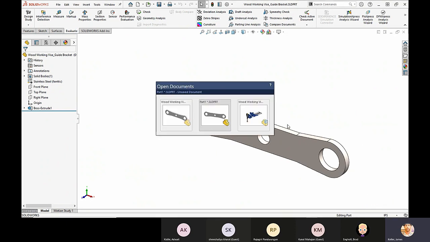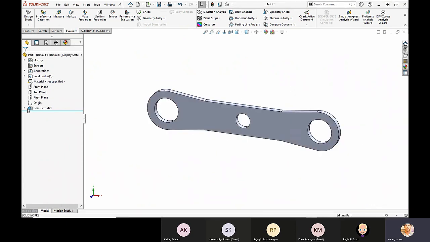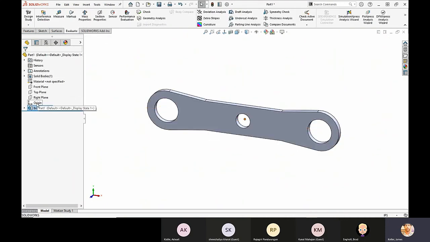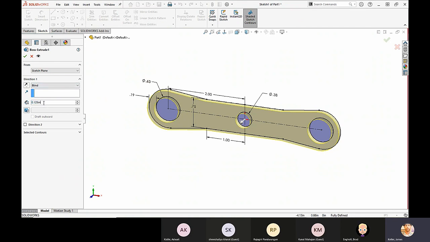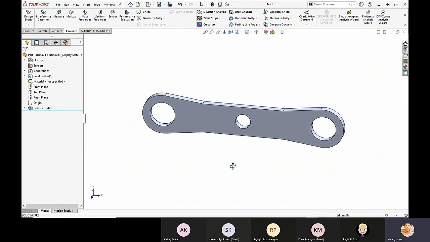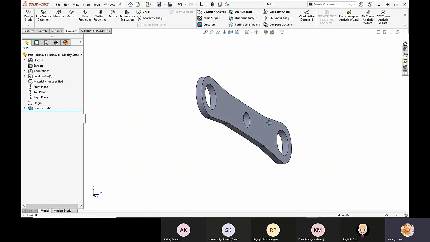Again, Control-Tab to go back to the part. I can edit the part by right-clicking or left-clicking on it and choosing Edit Feature from the feature manager over here. Here we are. Jump back into that, and I'm just going to change that to 1.5. I think that's 1.66. Doesn't really matter. And then click OK to complete the change. All right, so there's our first part in SOLIDWORKS. I know it wasn't that complex,